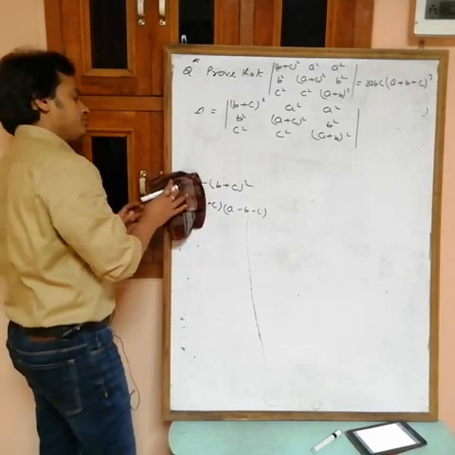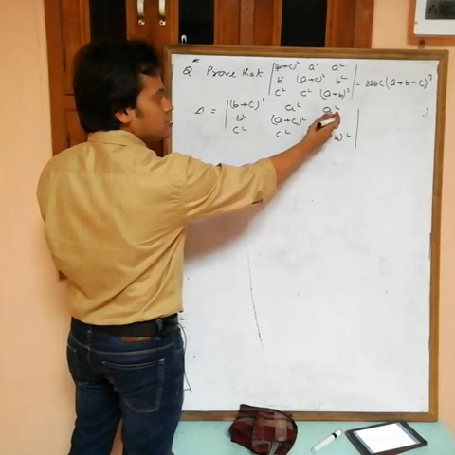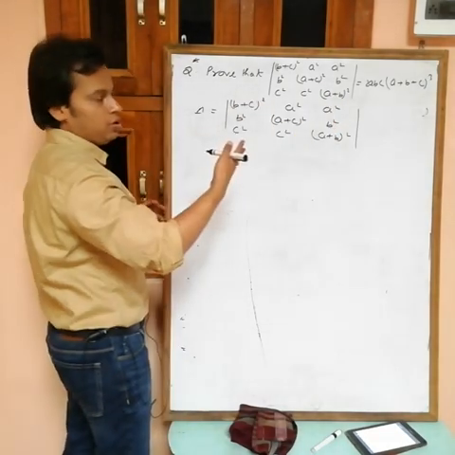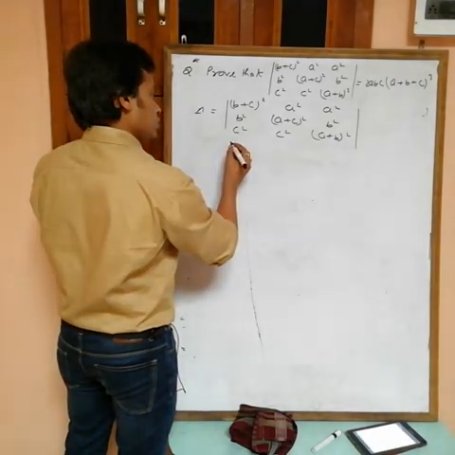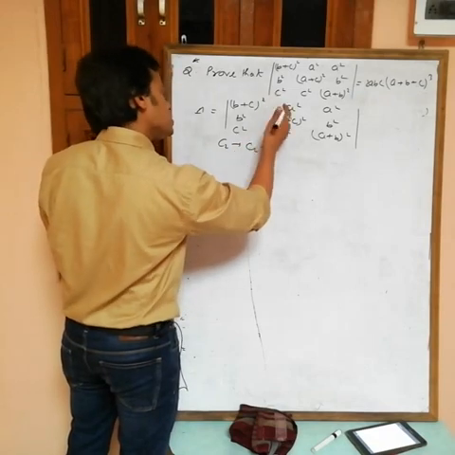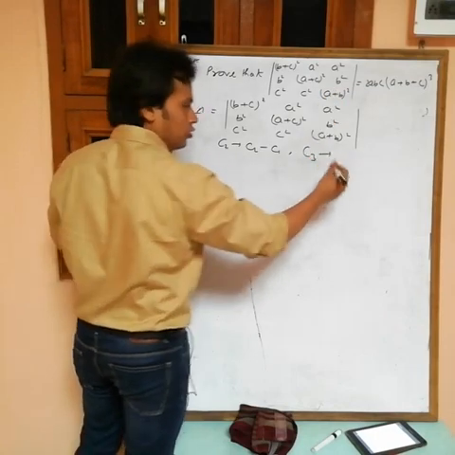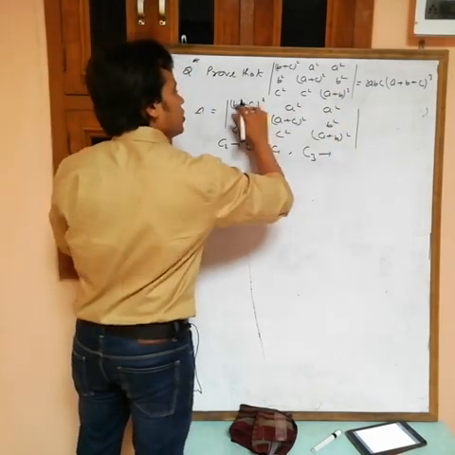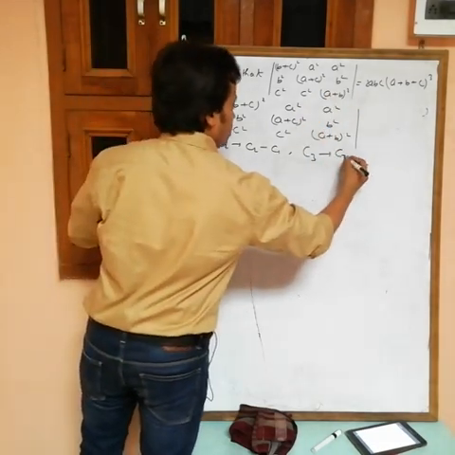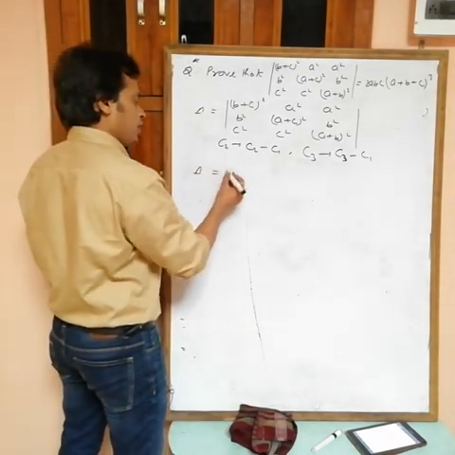So what do we have to do? This one minus this one. Similarly also here you have a square, so in this one also you can use this one minus this one, because we want power 3. So this is C2 goes to C2 minus C1, and this is the third column now. In this one what do you want? a square minus this one, then you will get a plus b plus c. So C3 goes to C3 minus C1 again. Believe me, I can do it.